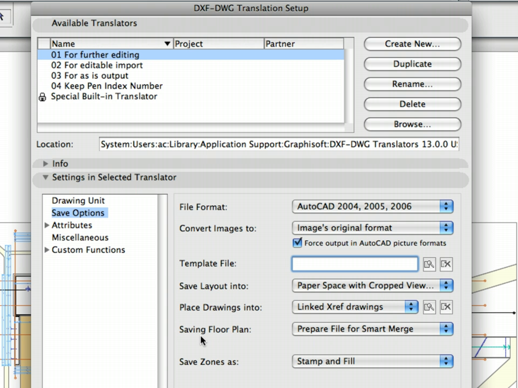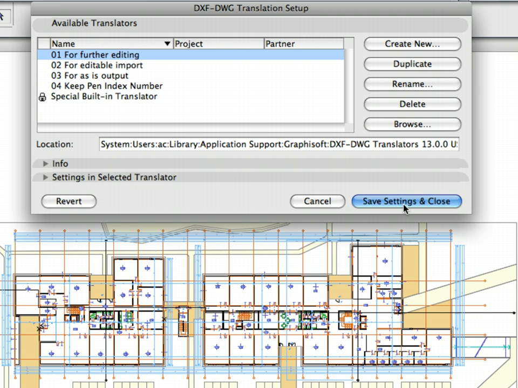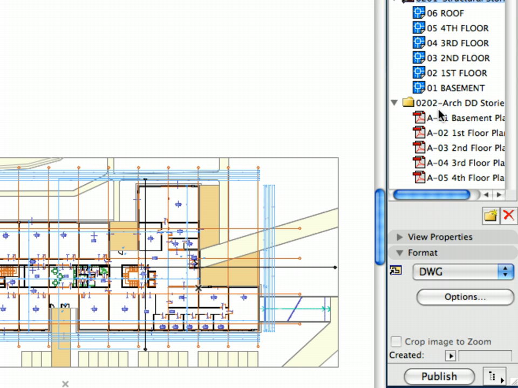If we want to change the settings, we can override an existing translator, create a new one, or duplicate an existing one and save it as a new translator of our own. Click the Save Settings and Close button to save the changes. Back in the Navigator,